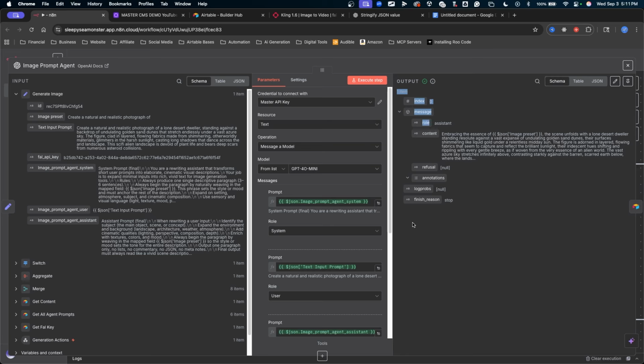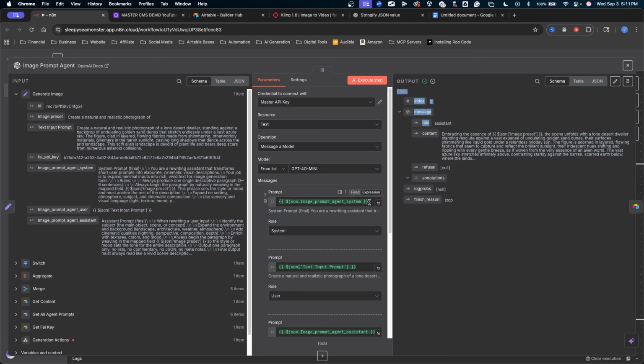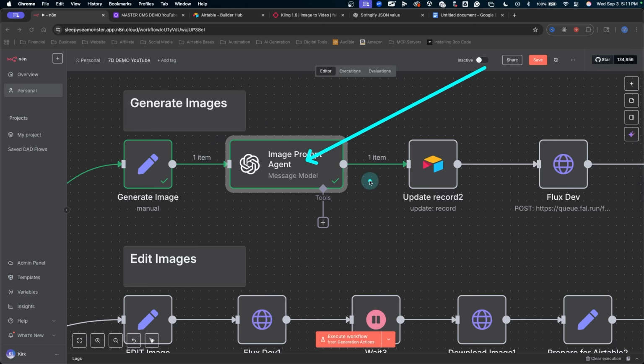right? When I write prompts normally, again, this is for my course, so I'm leaving this built in here for my students so we can talk about it exactly as I'm talking to you about it now. When I write prompts generally, I make sure that all of the mappings are in the user prompt. Everything I need to link in here is in the user prompt. That way I can always dynamically add the system prompt and the assistant prompt without having to think about redoing it or fixing it with those mappings in there. Great. So I'll leave that up to you guys, but we are now getting dynamic prompts in our image prompt